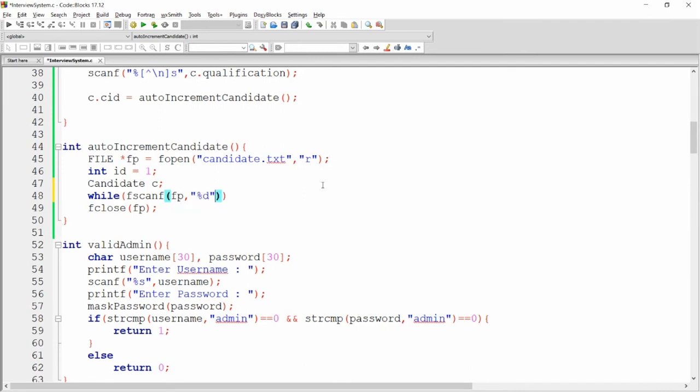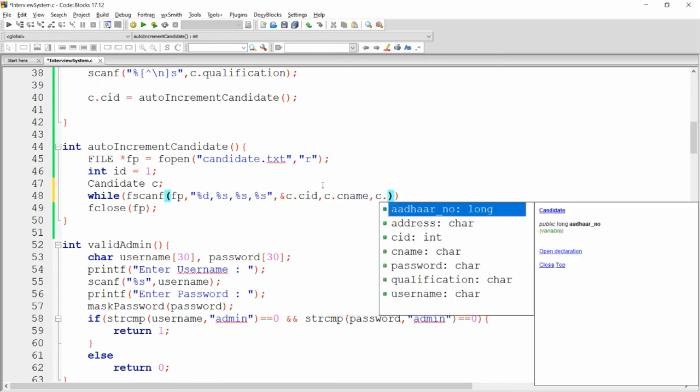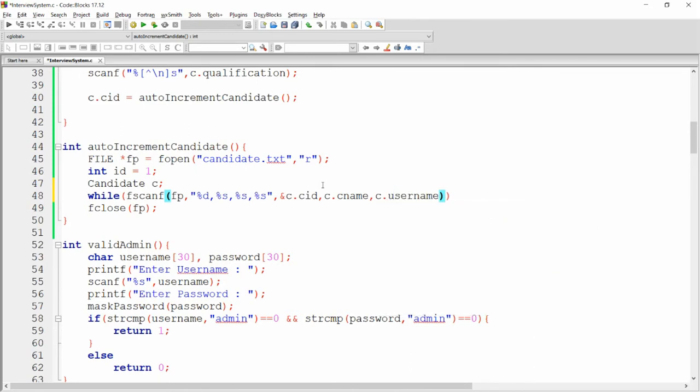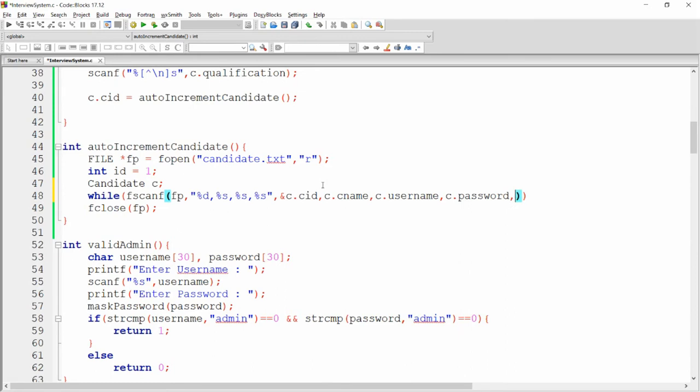First is %d, that is candidate.candidateID. It means that the data will be loaded into this candidate ID. I also want to read the candidate name, candidate username, candidate password. So here we can write candidate.candidateName, candidate.username, candidate.password. Here we can write address of candidate.aadhaarNumber.